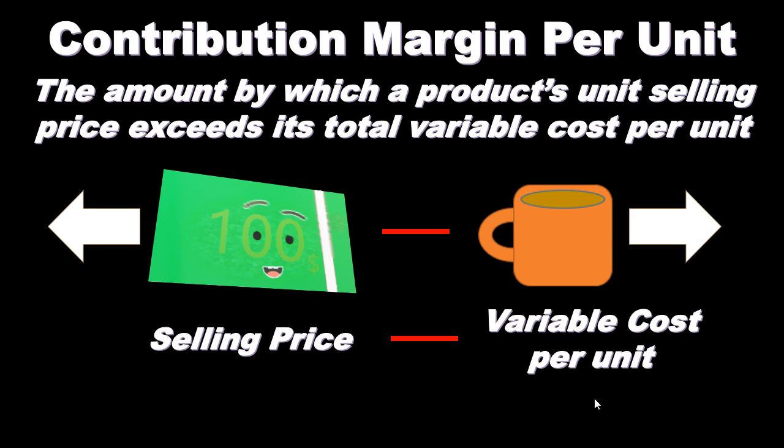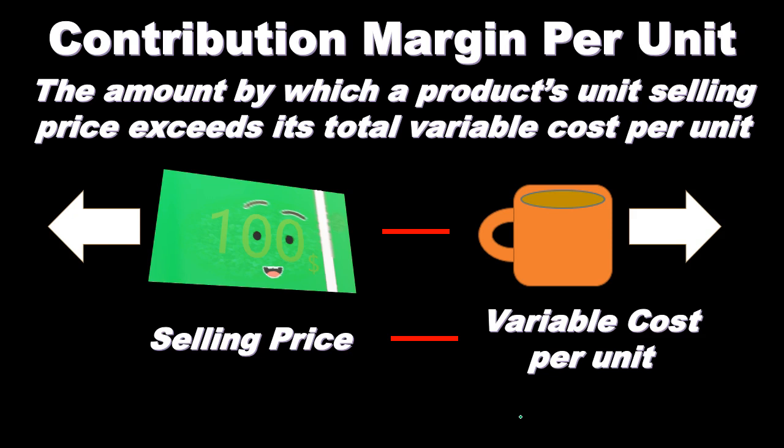So remember what we're doing within managerial accounting is we're always breaking things out by the behavior of the cost. And you might be saying, well, that's going to be an inaccurate number, because if you think about financial accounting, what I'm really gaining from the sale should include everything in this cost to give me the gross profit of the sale per unit. In other words, variable costs alone shouldn't be it, because it's not including things like overhead, which is often the fixed portion that is still necessary to apply to the production. However, we'll see that the contribution margin, just basically the sales price over the variable